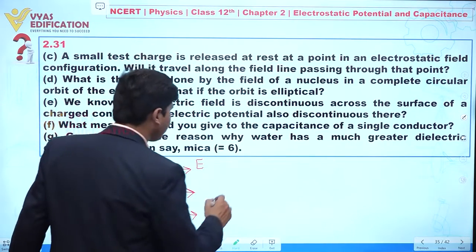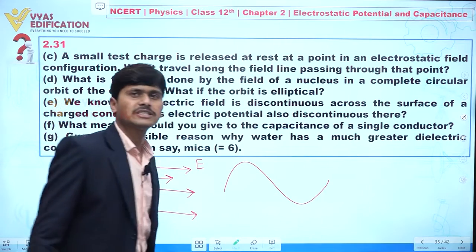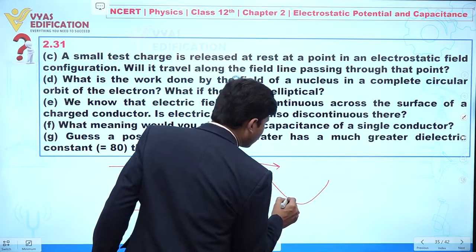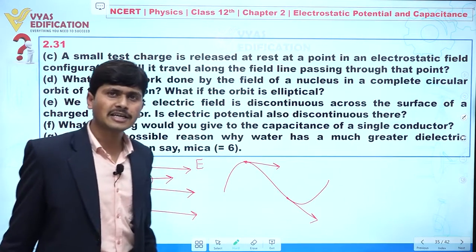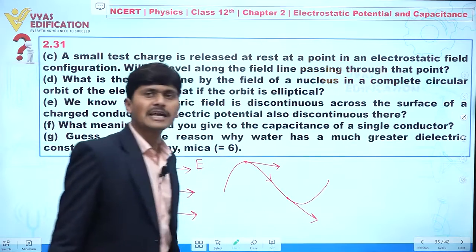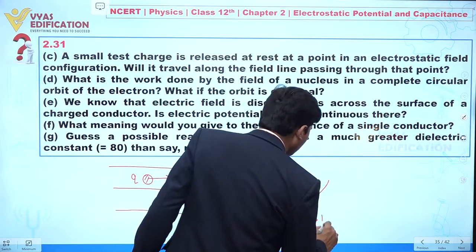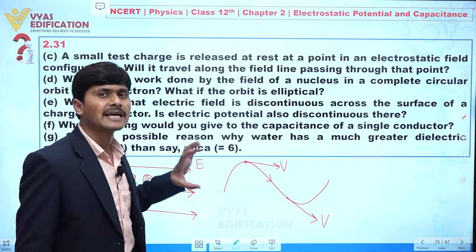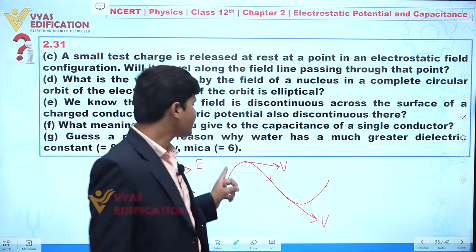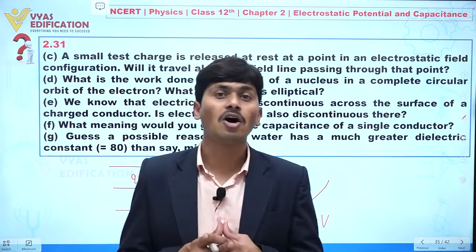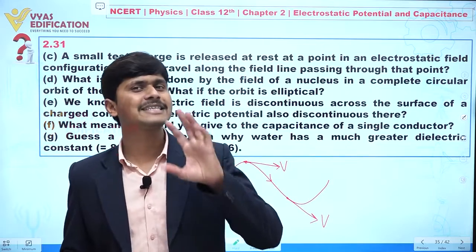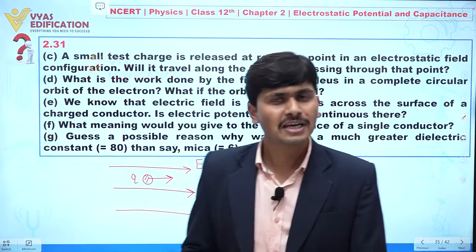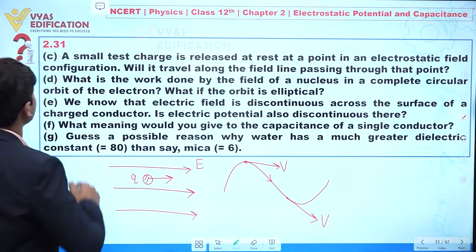No. Clear? Why? Let's suppose we have electric field lines like this. This is a zigzag electric field. Clear? Now we know if we draw a tangent at any point on these electric field lines, definitely it represents the direction of velocity. Yes or no? So actually we can say whenever we are talking about a force acting on that test charge, this electric field line shows only the direction of acceleration. Clear? But the direction of acceleration is different from the direction of velocity. Clear to you? That's why we can say this statement is also wrong.